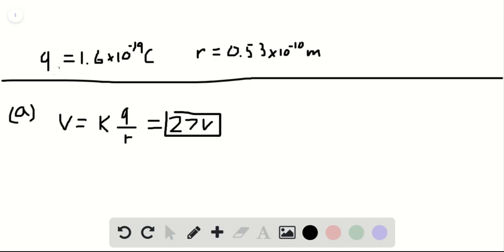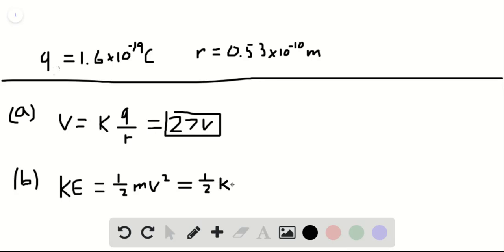Okay. For part B, the kinetic energy here can be found from the fact that the magnitude of the net force on the electron, which is an attraction by the proton, is causing the circular motion. So therefore, the kinetic energy, KE, is equal to 1/2 mv squared, right? Which is going to be equal to 1/2